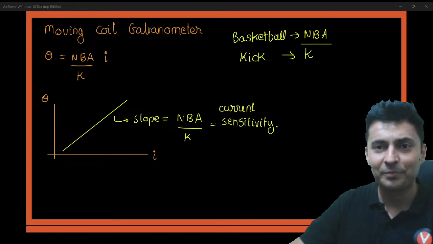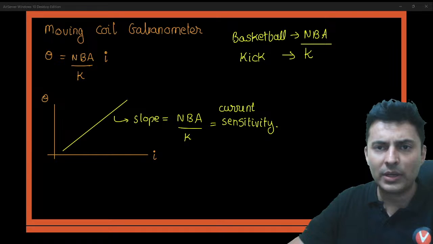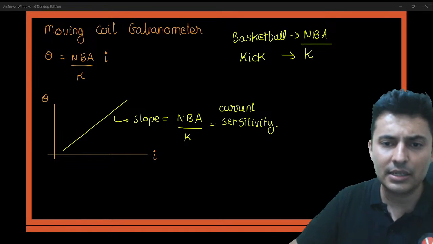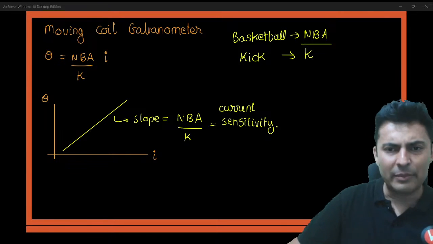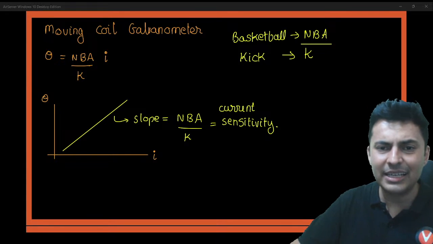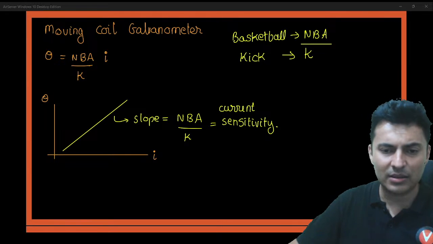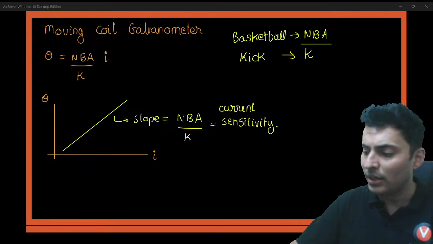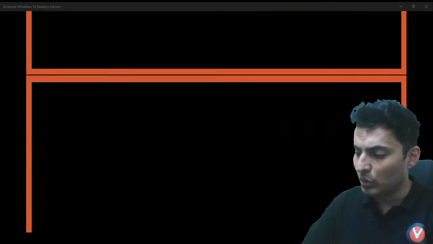Perfect. Great. Then, after moving coil galvanometer, you don't have much over here. You straight away go to magnetic materials and magnetic properties. Initially, magnetic dipole is there, and there is nothing special out there. Most of the things are deleted, like all those parameters, basic definitions you should know. But still, I will do a few things which I feel might be asked in different ways. So I'll still go through that.